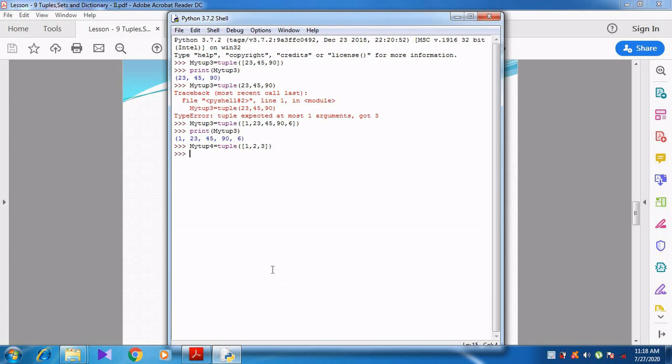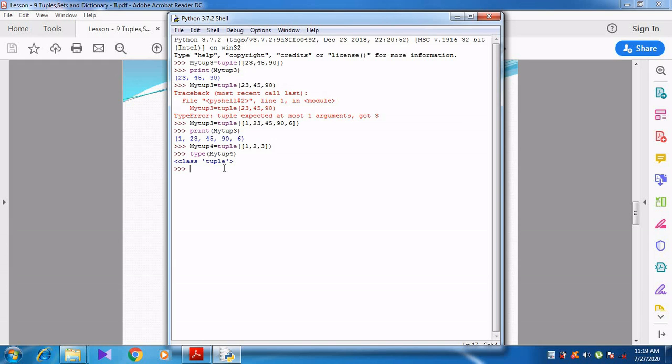When I press the enter key, instead of the print function, I am going to use the type function. type(myTube4). The type function is used to find out which data type it belongs to. When I press enter, it shows class tuple.